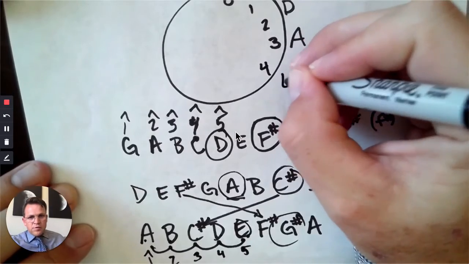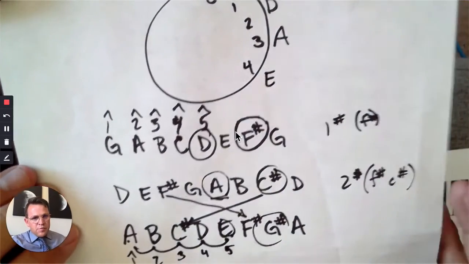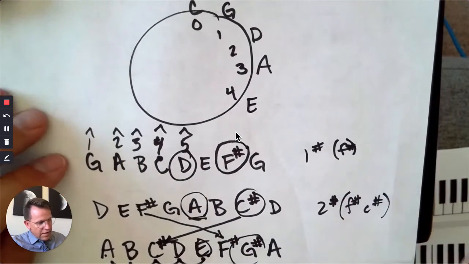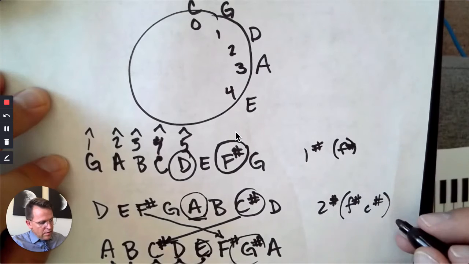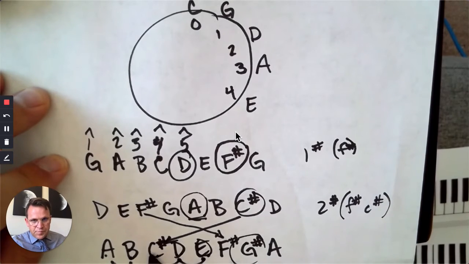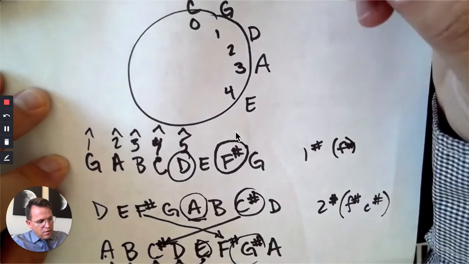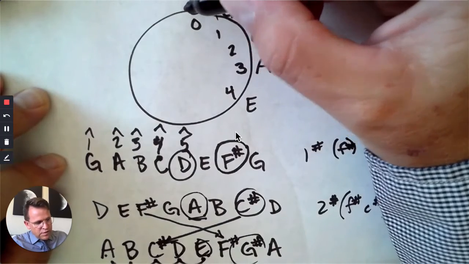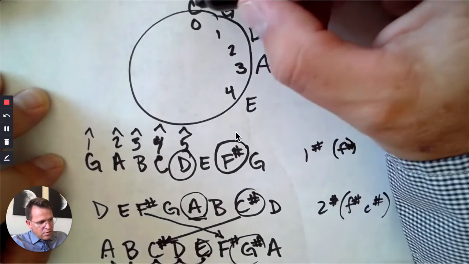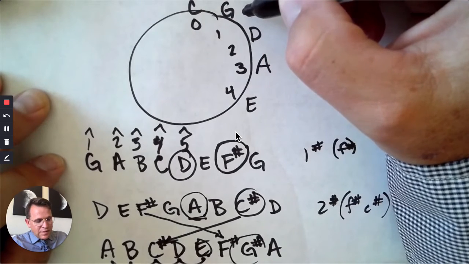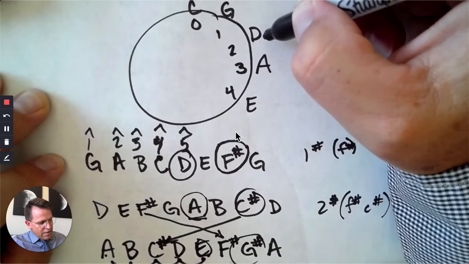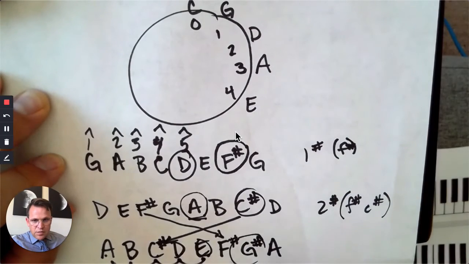But let's take a look at the pattern of the sharps and see if we can maybe anticipate what this key looks like. So far we had F sharp, that was our first one, then F sharp and C sharp, and then F sharp, C sharp, and G sharp. And if you look at the circle of fifths, our first sharp was F, which I don't see on here, but then C sharp and G sharp came. And the sharps are starting to move in this pattern as well. And so my guess is that my next one would be D sharp. And it should be. It's a half step below E.